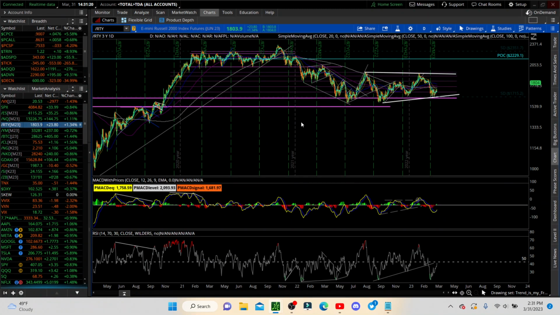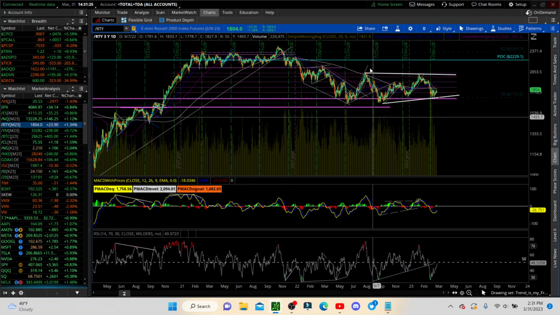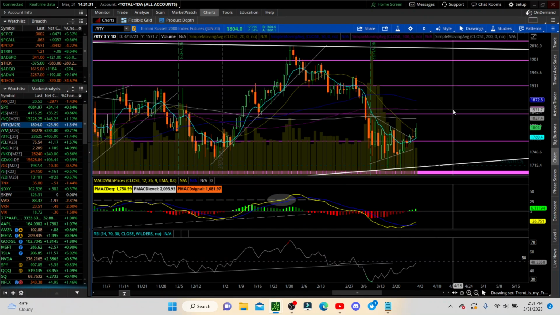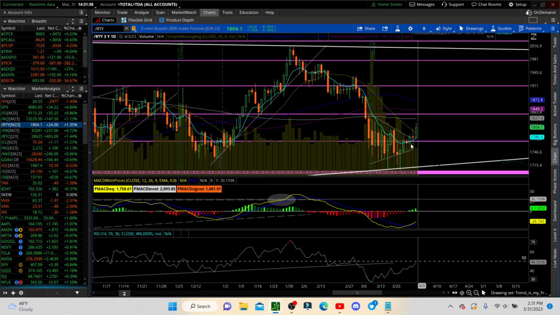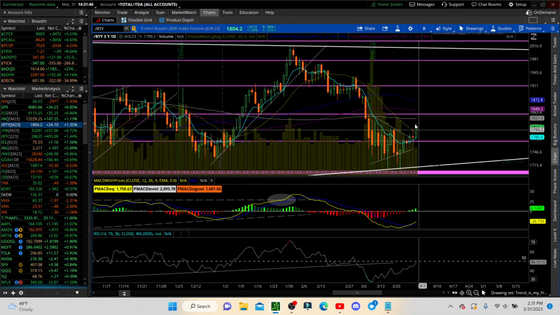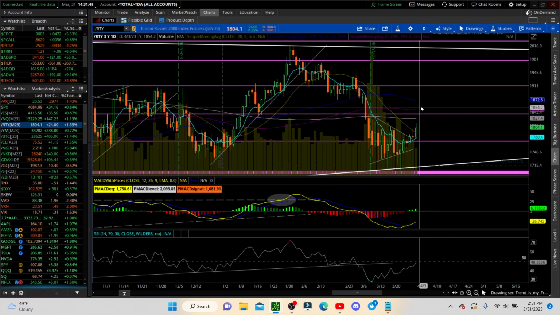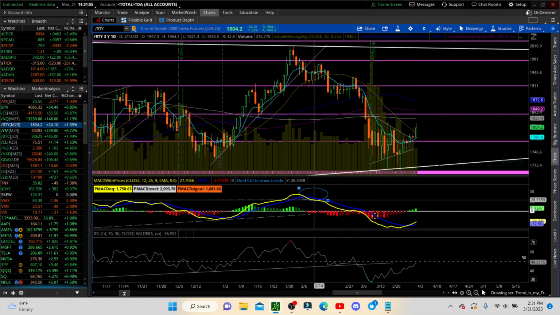Small caps. Small caps are super weak. They have a triangle as well, A, B, C, D, and just a really weak looking E, not even getting back into the MAs, fading here, but we do have Monday and we have this slight crossover here. So, you know, this has some more room to run than any of them because of how far it's drawn down. So this could hold the market, but that would mean tech would actually have to lead the market to the downside if that were the case.